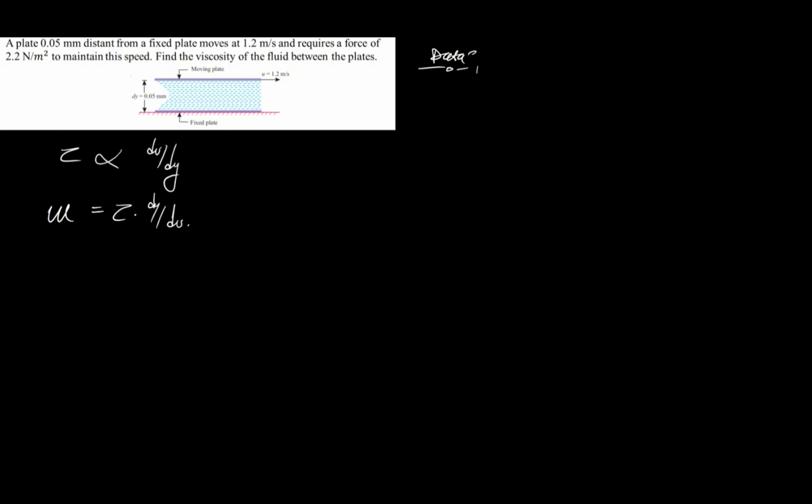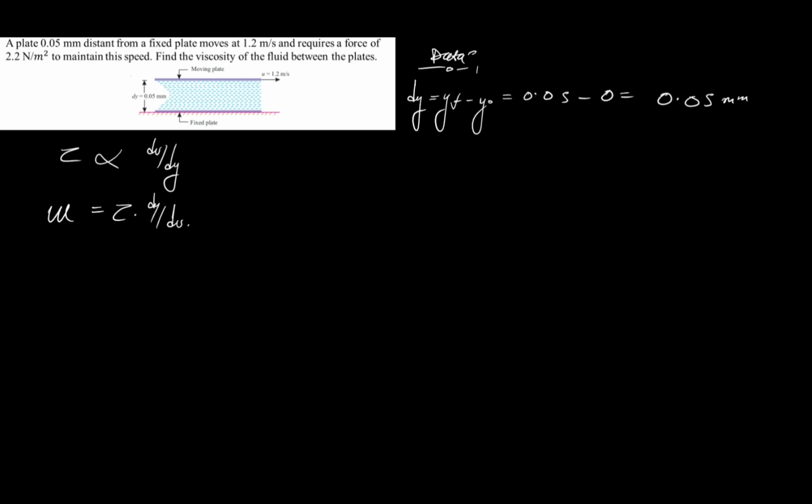Let us first find our dy. dy is the change in depth. So we have y final minus y initial. In our question, we have been given the literal value of dy, but I need us to remember that dy is always a change in depth. So y final is 0.05 minus initial, which is like at the fixed plate where there is a zero distance, which is 0. This gives us